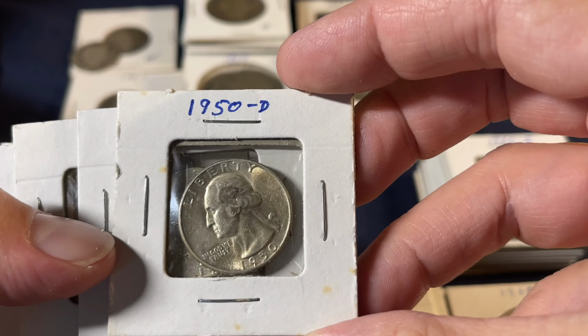So with the halves, just like with the quarters, 1955 is the key date. And that's actually not too bad. Let's see if that one's scratched on the other side. No, it's not too bad. So I believe that one's on the lower end of mintage there. I'll have to double check. Or is it this, or is it the D? And actually this one has a little bit of